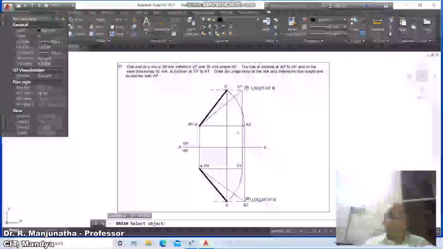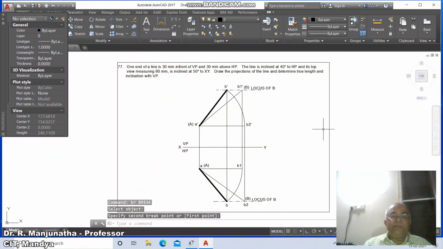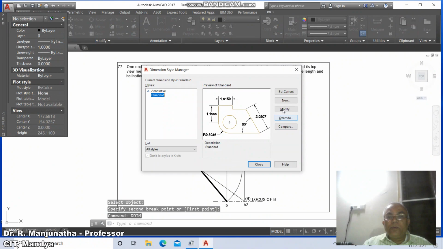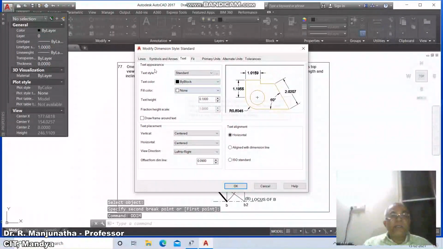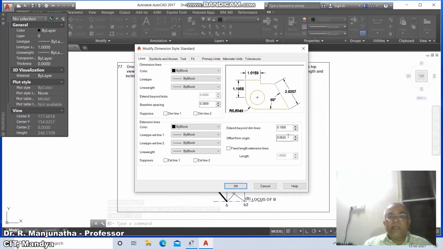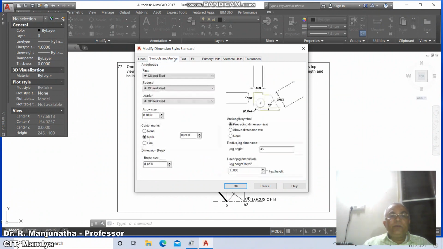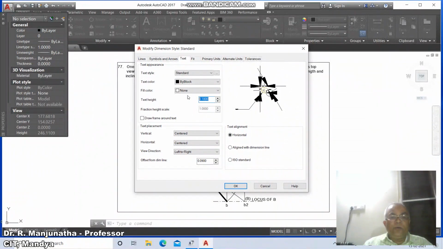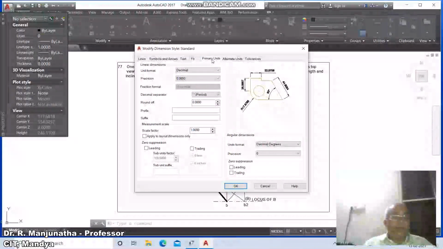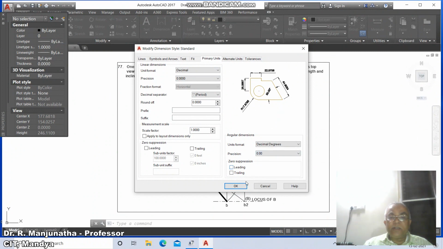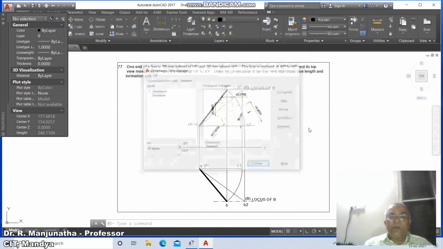Then go to break, select this line. Then now go to DDIM, go to modify, select lines, make this as 3, go to symbols and arrows, you make it as 4, text as 4, align with the dimension line above and make this as 3, and then come down to primary units and go to angular in second decimal point and say OK and say close.